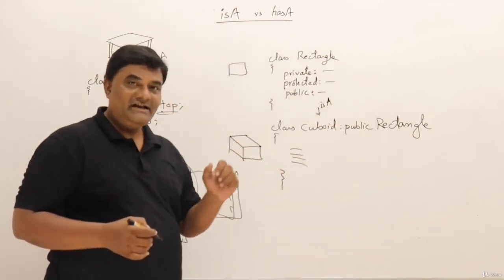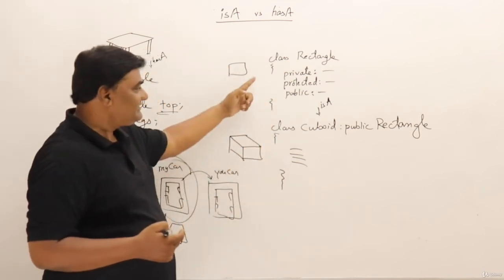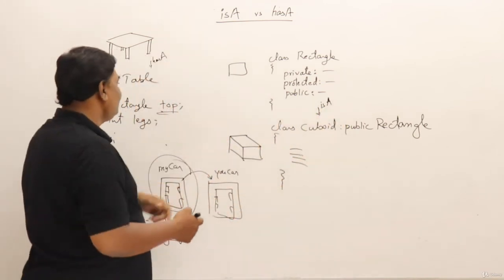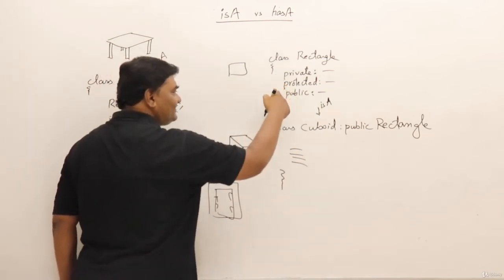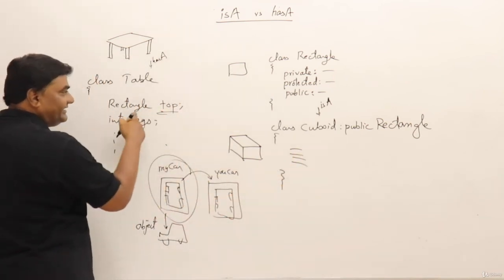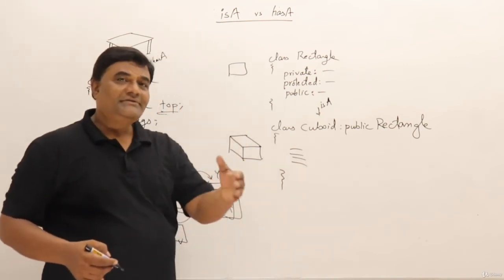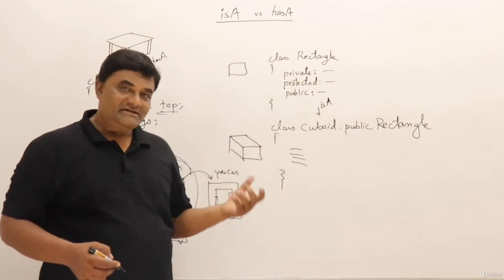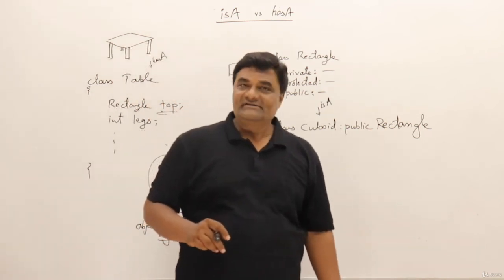Now when you have those three types of members, then which members are accessible inside the class, which are accessible in the class which is having an is-a relationship, and the class which is having a has-a relationship. So it means what is accessible inside the class, what is accessible in derived classes, what is accessible upon object. Is everything accessible or is something restricted? That we will study further. So we'll understand what is the effect of access specifiers in C++. So that's it. In the next video, we'll see which are accessible, which are not accessible.